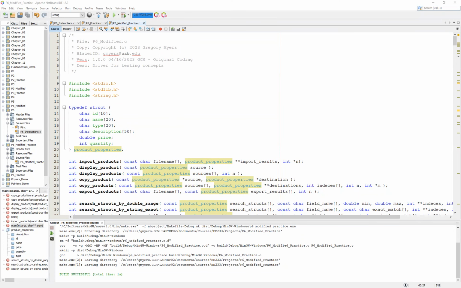Hello and welcome. In this video, we are going to focus on our current P6 modified. This version of the P6 modified focuses on a basic inventory management system. You could think of this as a little kiosk or a little store inventory system where we can store the